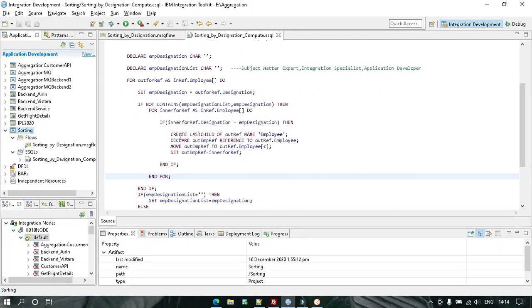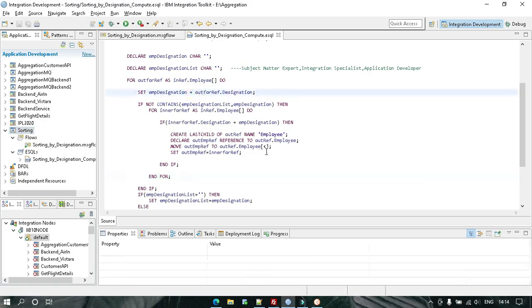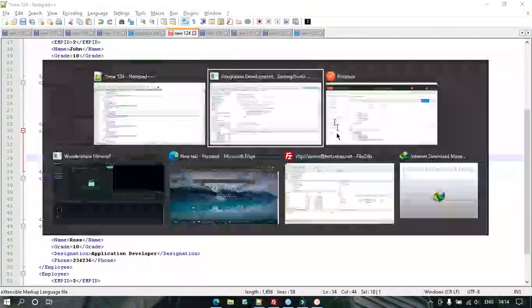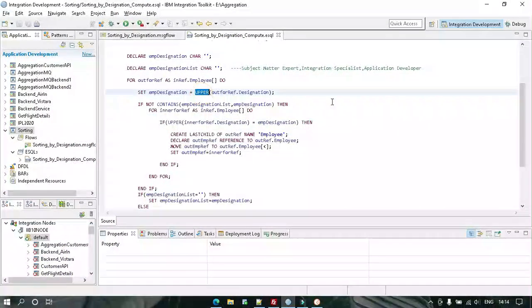What we can do for that is simply make use of upper. Whatever is coming, just convert it into upper. Upper means capital block letters, everything will be coming in capitals. It doesn't matter what the case is here, everything will first be converted into upper case. Integration specialist will be converted like this.